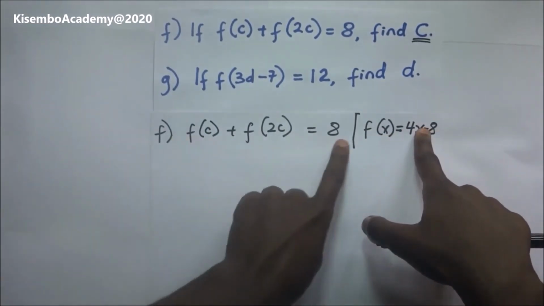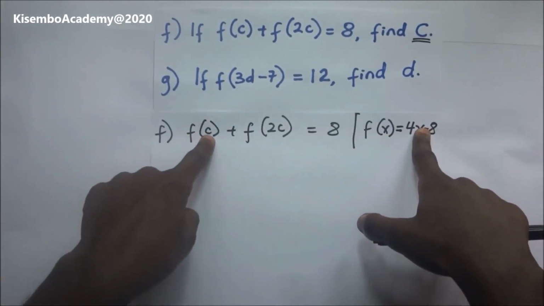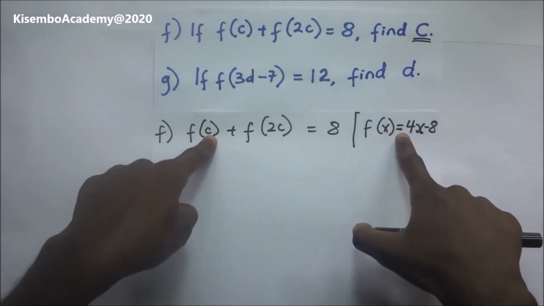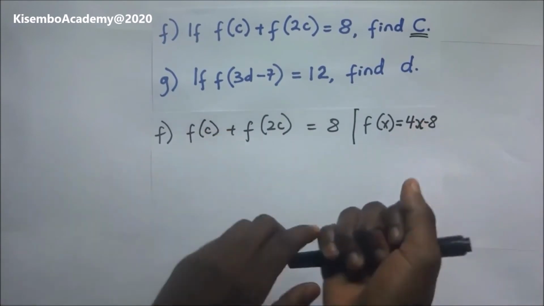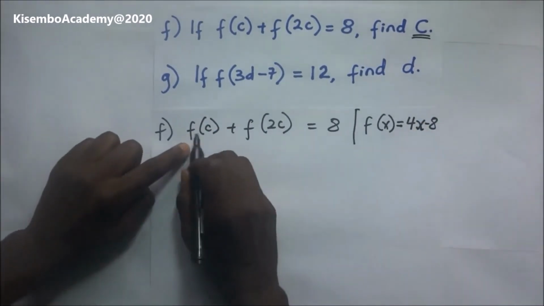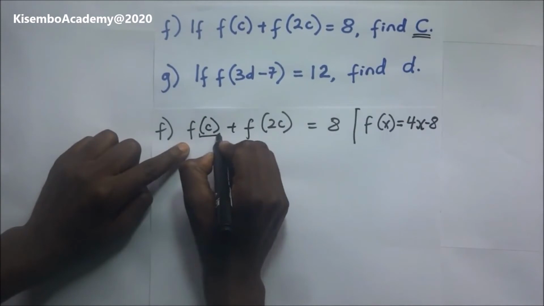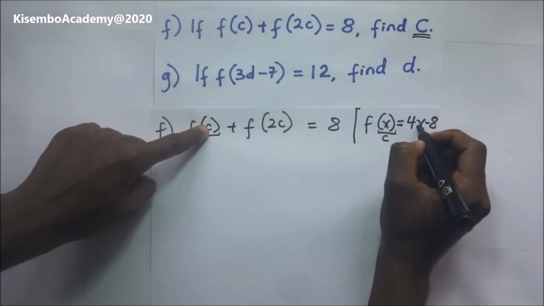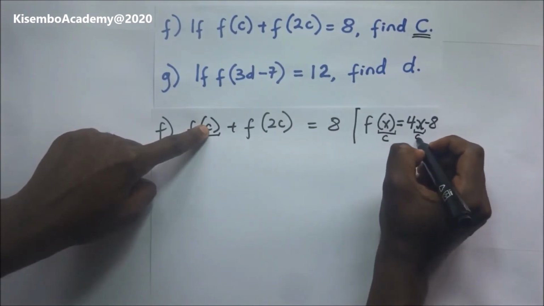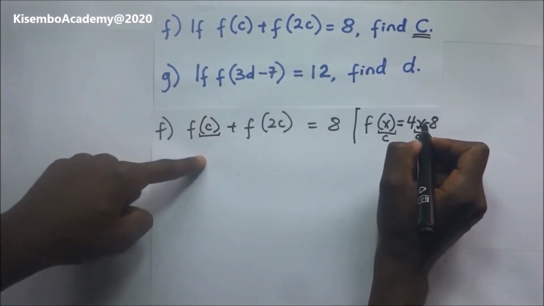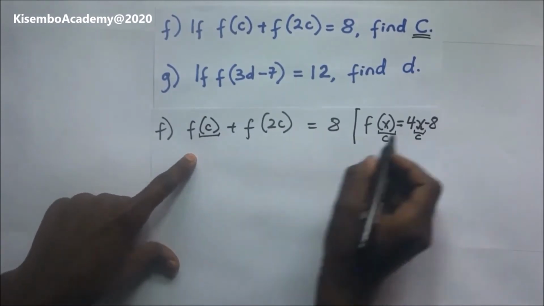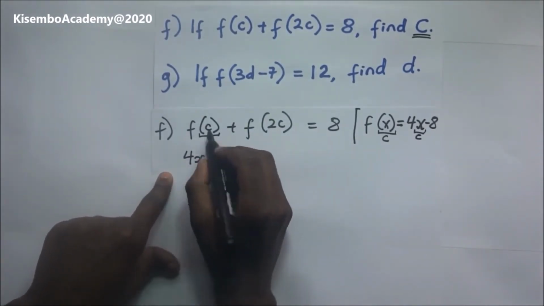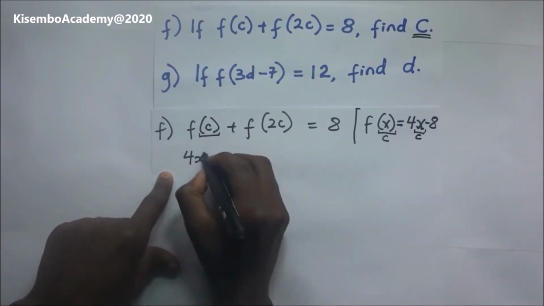Now here, when you look at this statement, in our brackets we are having the value of x being given as c. So it means that according to this expression, this is the same as saying f of c, our value of x is c. So now when we put c right there, it means that this 4x is also going to become 4c. So that is how we do our next step. We substitute, so this is going to become 4c minus 8,